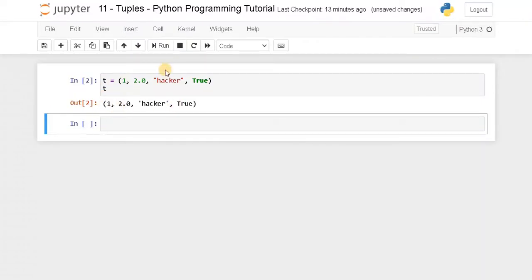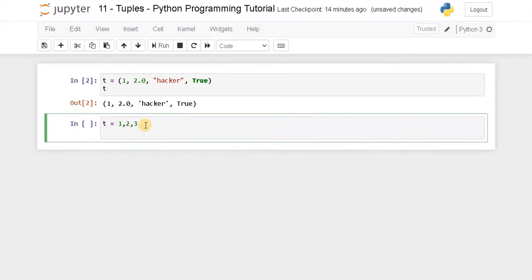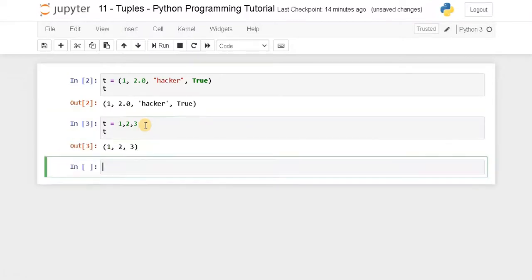See, it displays all the values. You can also assign the tuple like this, t equals 1 comma 2 comma 3. Now let's run it. See, it assigned the values to the variable t. Now it automatically converts to the type tuple.